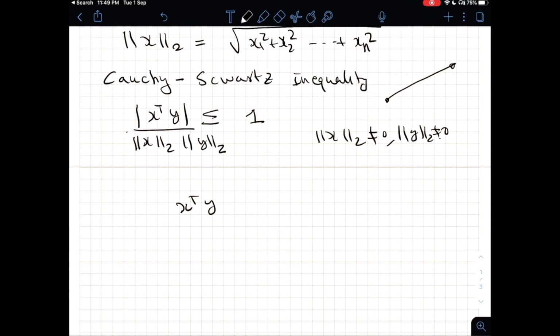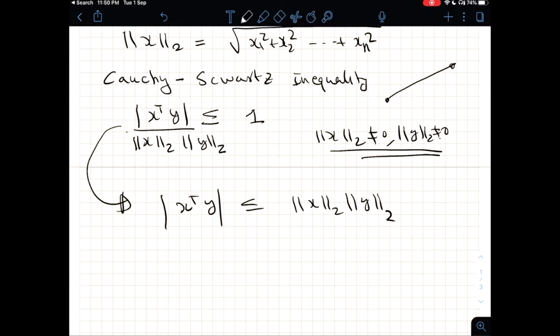The other way to write it, if you don't want to write this specifically, is to say that this is less than or equal to the length of x times the length of y. That means the dot product, or x transpose y, in magnitude is always less than or equal to the length of x times the length of y. So if any one vector is 0, then both LHS and RHS are 0. So straightforward equality. Otherwise also it is less than or equal to. So these are two alternate forms, but because I am using a division here, I have to be specific. Here I don't have to be specific that x is not equal to 0 and y is not equal to 0.